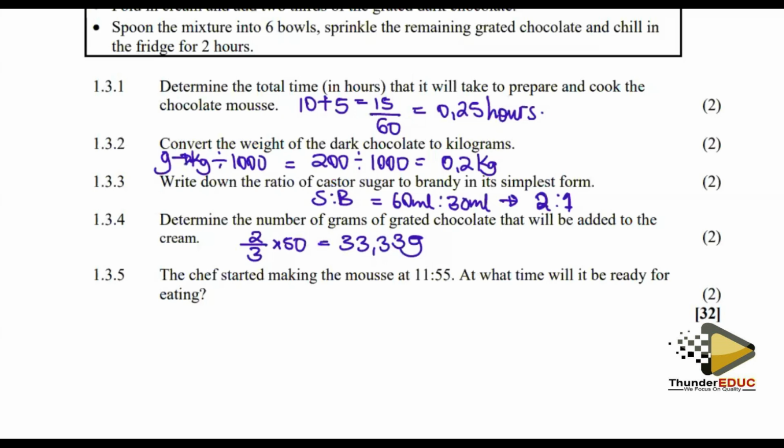Okay, it will be 11:55 plus the 15 minutes, the 10 and the 5, plus the 2 hours. So here we put 15, nothing there, then the 2 hours. This becomes 0, you carry 1, you put it here, this becomes 70, that means you deduct 1, carry 1 here, 1 plus that, you get